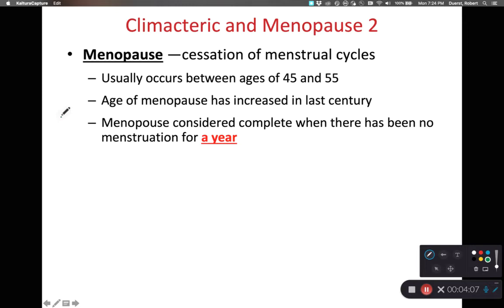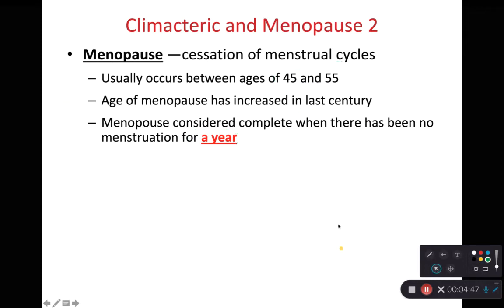As we look at menopause, this is when menstrual cycles have ceased for about a year. And this is a fuzzy definition. For most women, it occurs between the ages of 45 and 55. And this age of menopause has been going up and up. It's been increasing over the last century within the developed nations as we've had better nutrition and better health care. And that's a good thing, because the typical age of giving birth of the first child has been decreasing in developed nations. We're actually looking at a bit of a population bust in upcoming years.